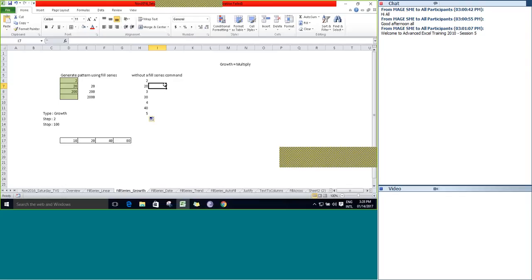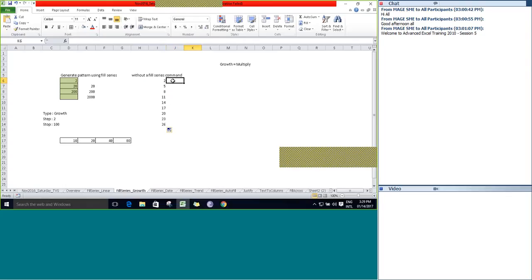So here you can see this particular option works in a linear way, right? If you try to generate a string pattern for a growth, it won't generate the correct expectation. I will repeat this: 2 and 5. So the difference between these two is going to be what? 3. So it generates a string pattern this way. It is a linear way of generating a string pattern.